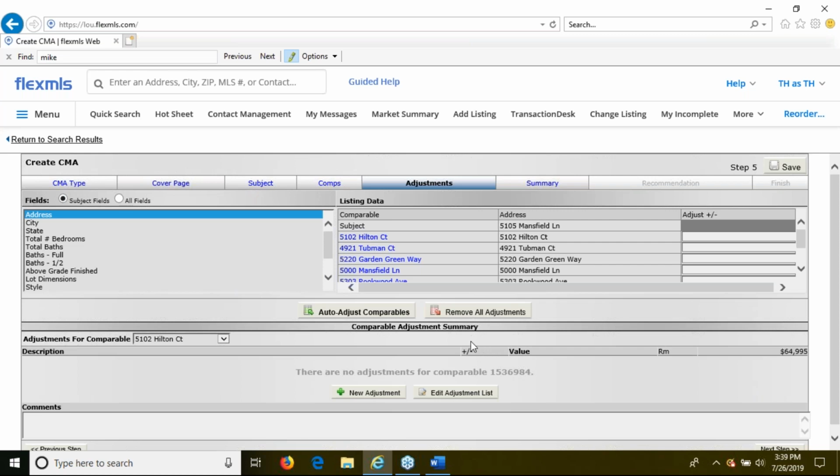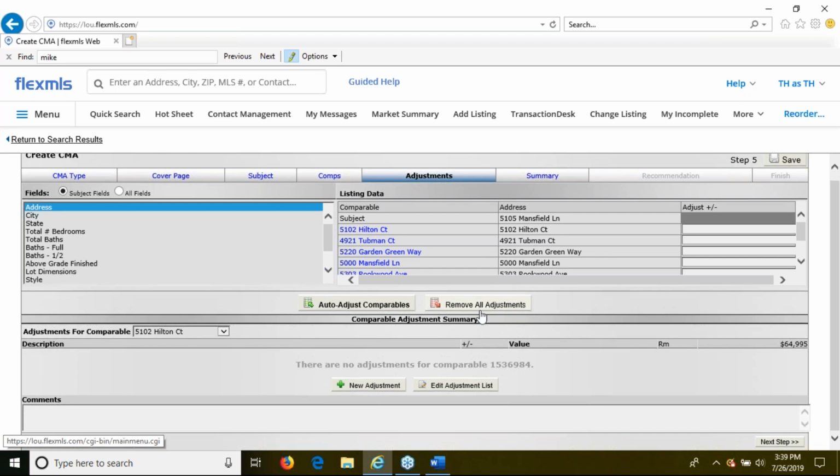All right, so now I click the next step at the bottom, and now we're on adjustments. Adjustments you do not have to do to continue on throughout the CMA. However, if you do want to do them, it is here. The adjustments is where you would put in numbers to adjust for other homes that may be slightly different than yours. Say one of the houses had an additional room built on it. You would probably price that house a little bit higher than the others, or add that extra feature, like say it wasn't